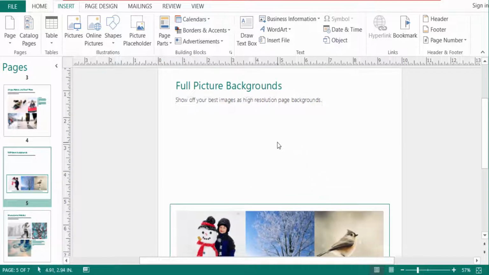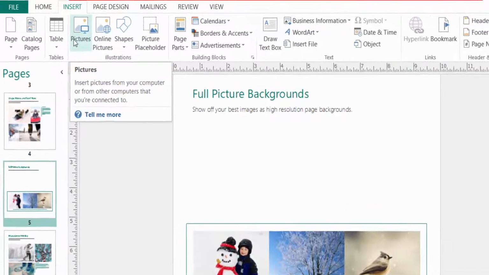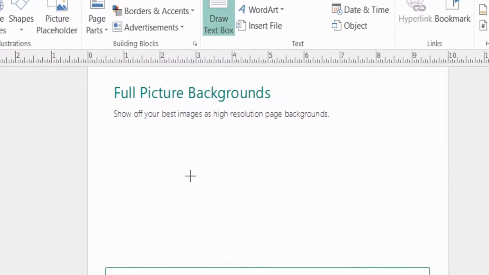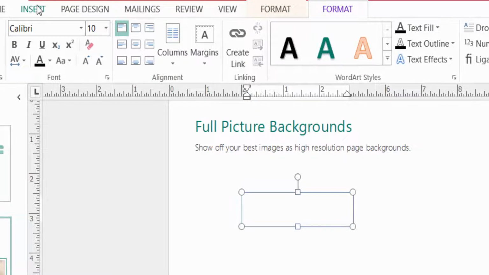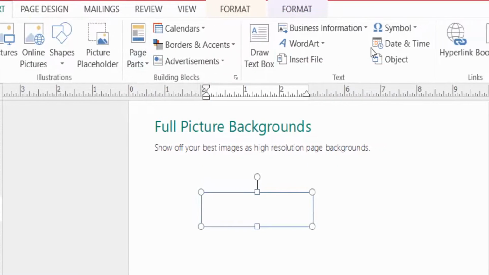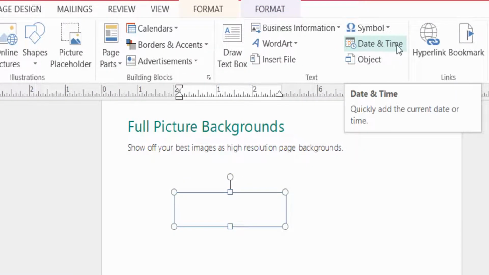So first I go to the Insert menu, then I draw a text box, and I draw this text box here, and now I go to Insert and click here, Date and Time,